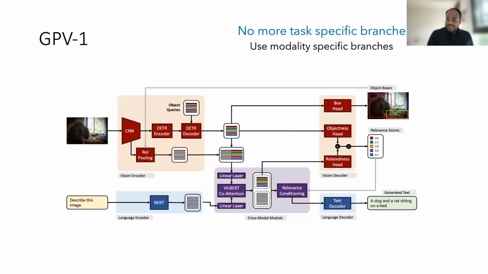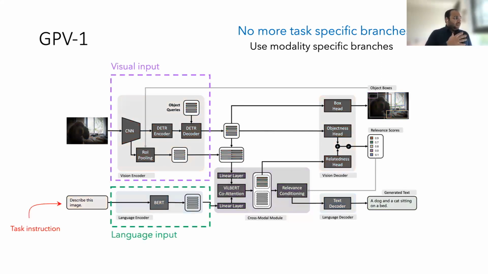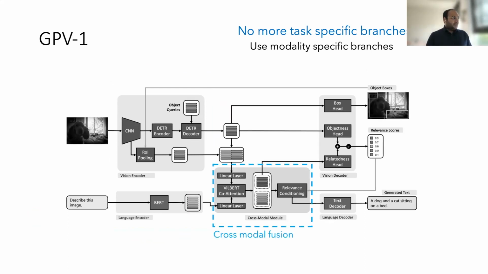Now, one of the interesting features of this architecture is that it does not have any task-specific branches. So what does that mean? Let's quickly look at the architecture. So there are two different input encoders. There's a visual encoder for the image, and we don't need to worry about the details about how it's implemented, but you can think of it as any visual encoder. And the language input is encoded using a language encoder. So the language input here is the task instruction. Now, both of these encodings or embeddings are fed into this cross-modal fusion layer, very similar to ViLBERT.